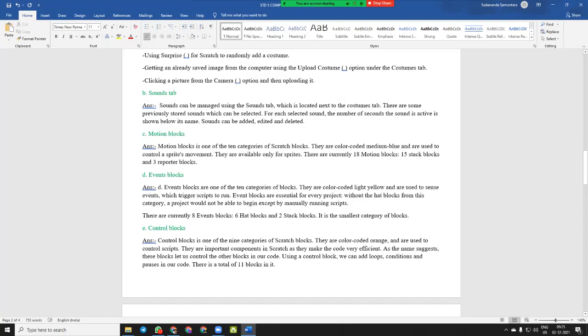They are important components in Scratch as they make the code very efficient. As the name suggests, these blocks let us control the other blocks in our code. Using a control block, we can add loops, conditions, and pauses in our code. There are a total of 11 blocks in it.